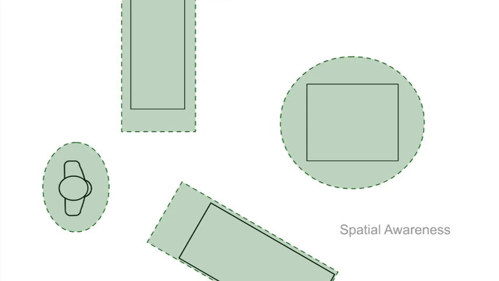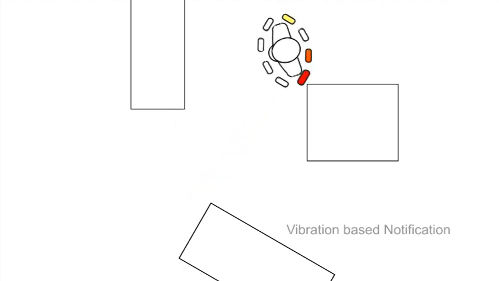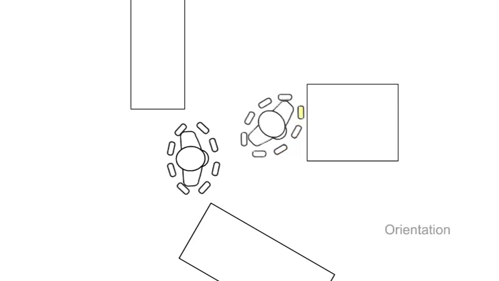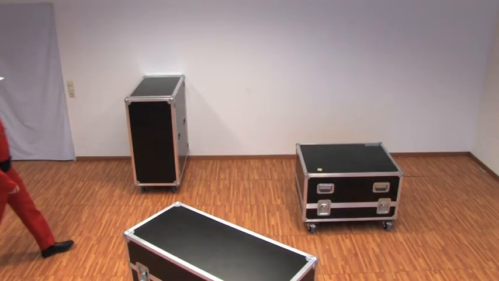Assume a person traversing a spatial scene with objects representing obstacles. Then a subtle, vibration-based notification system could let that person feel the distance to those obstacles, so as, for example, to be able to avoid collisions. An intuitive perception of distance here would be the intensity of vibration. The closer an obstacle is approached, the more intense the vibration. An intuitive perception of direction would be the localized vibration, oriented towards the obstacle. Combined, these two concepts give our vibrotactile space awareness solution.